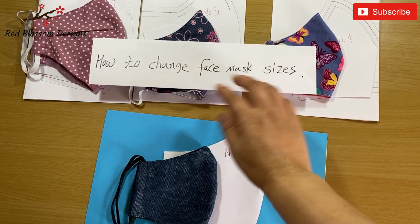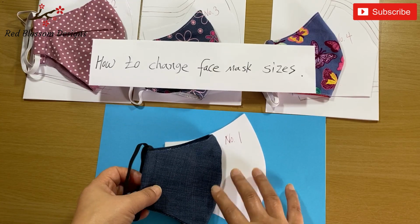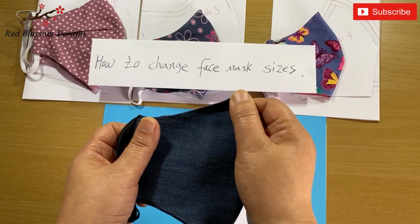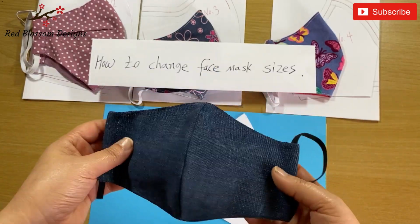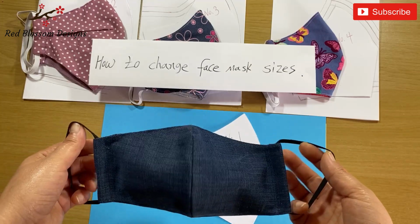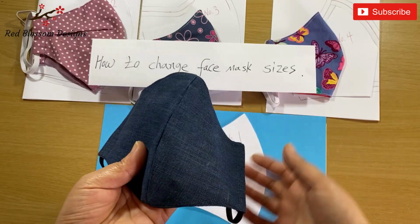I got so many people asking me for a large size for men and a small size for children, which I can't really provide the actual size for. I thought maybe if I told you a lot of tricks on how to change sizes by yourself, then you can make all the sizes at home. It's very easy, just a lot of tricks. Okay,